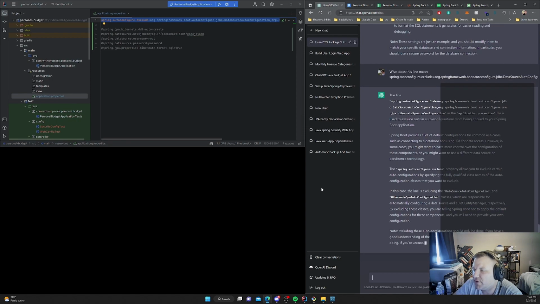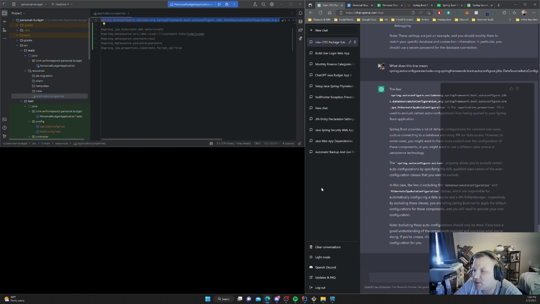provides a lot of default configurations for common use cases, such as connecting to a database and using JPA for data access. However, in some cases you might want to have more control over the configuration of these components, or you might want to use a different data source or persistence technology. The spring.autoconfigure.exclude property allows you to exclude certain auto configurations by specifying,